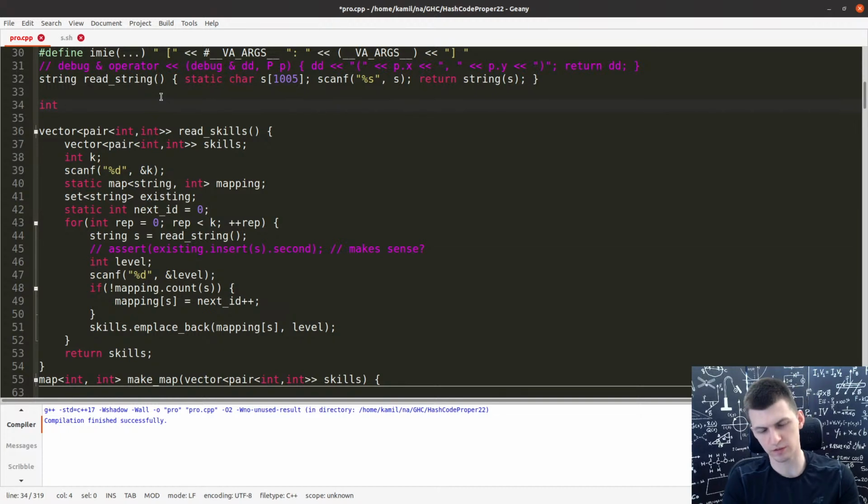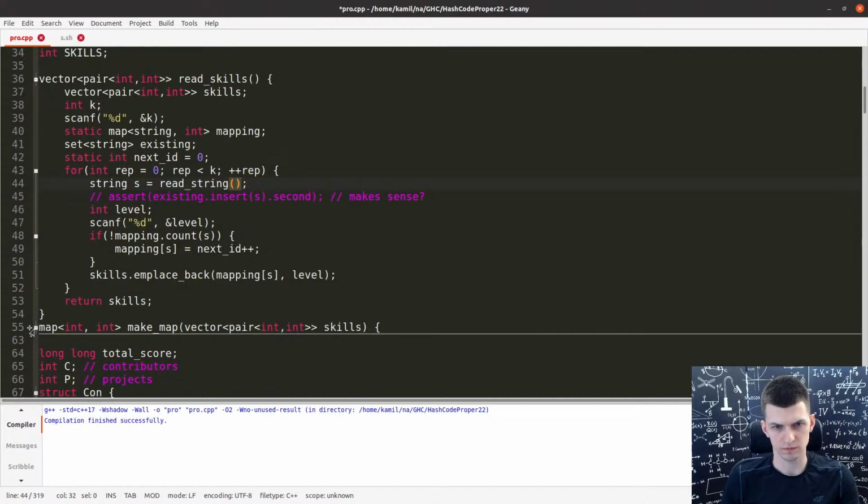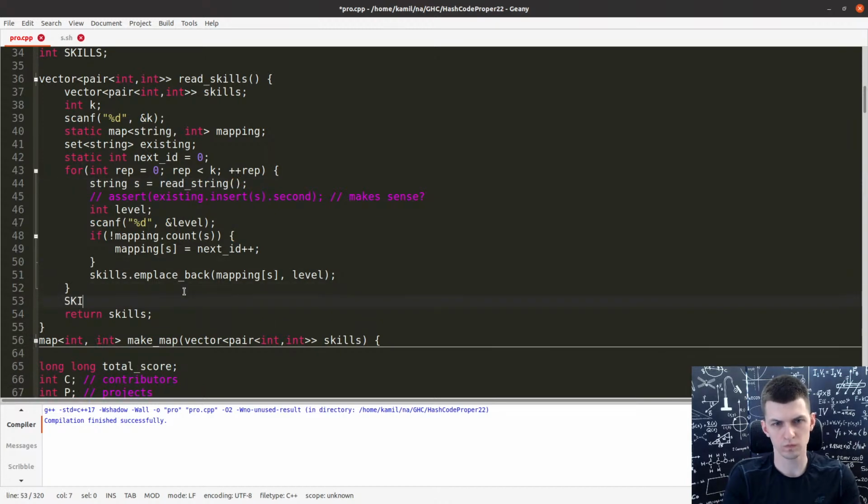So let's call it skills count, or just this. Oh no, next ID actually. Next ID is exactly that value.